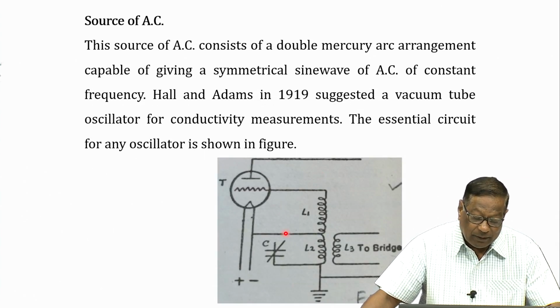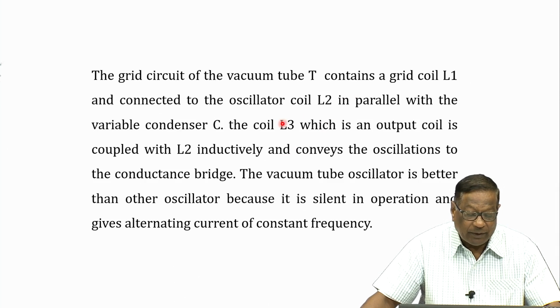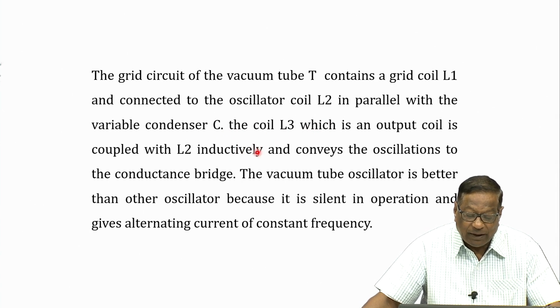There is one L1, L2, L3, these are all grid coils. So, that is connected in parallel to the variable condenser C. The coil L3, which is an output coil, is coupled with L2 inductively and conveys the oscillations to the